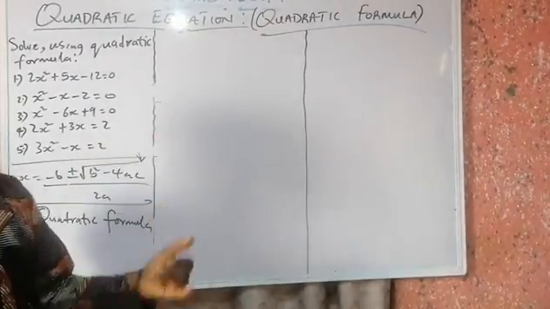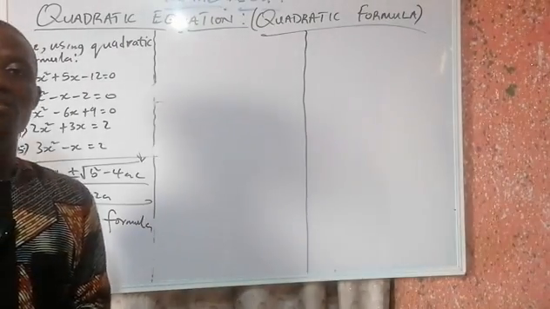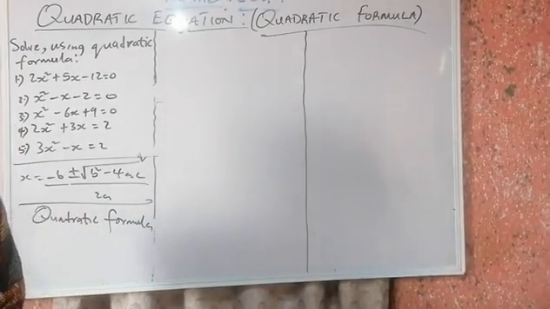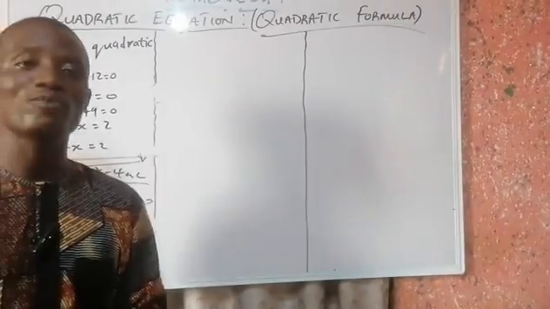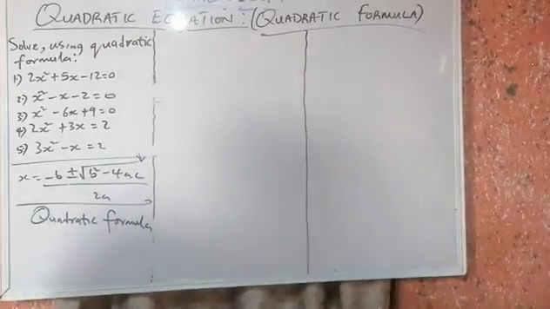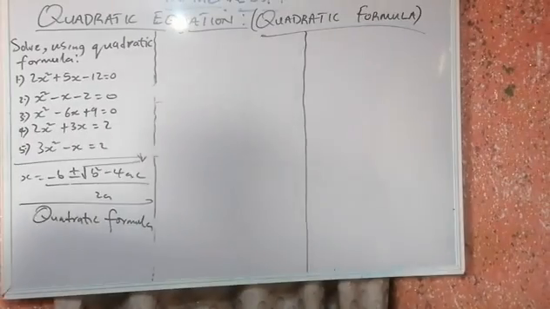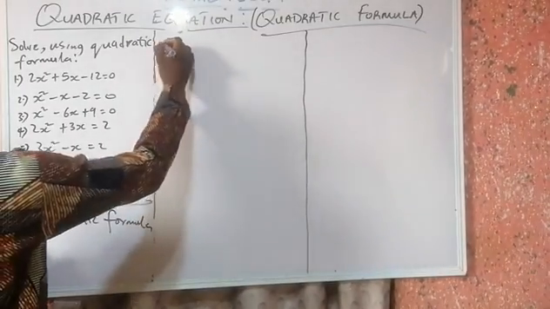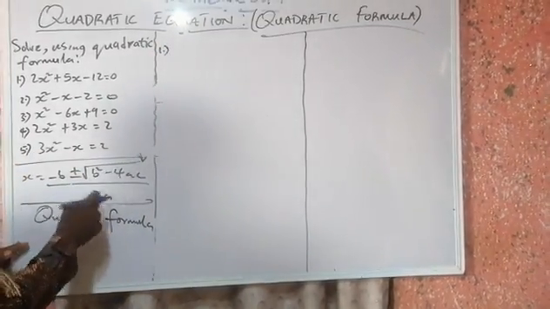And then I want us to use it for quadratic formula also, so that you can see that either you use completing the square method, factorization, or quadratic formula on a particular question, you always get the same answer. So in applying this, we must identify all our constants,